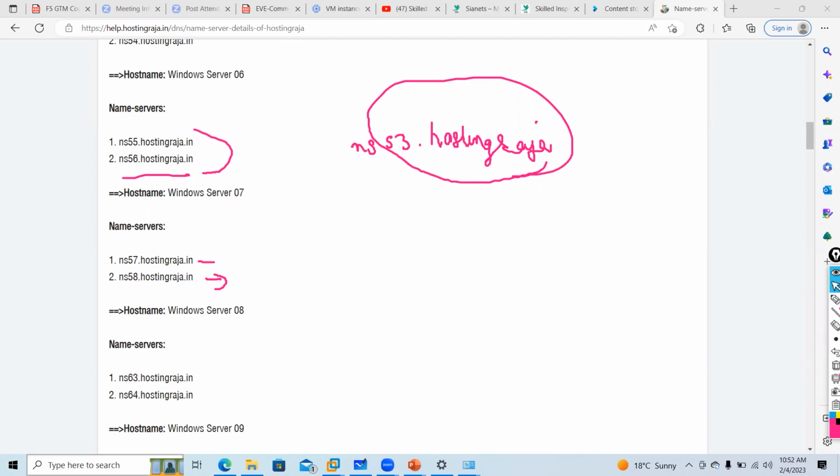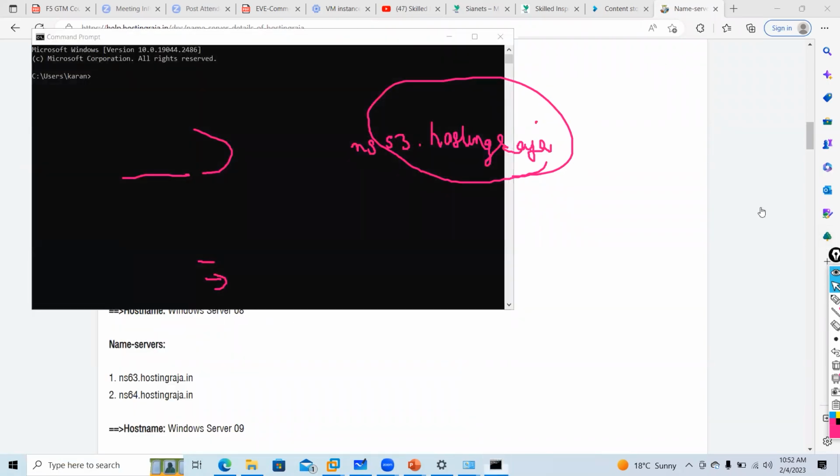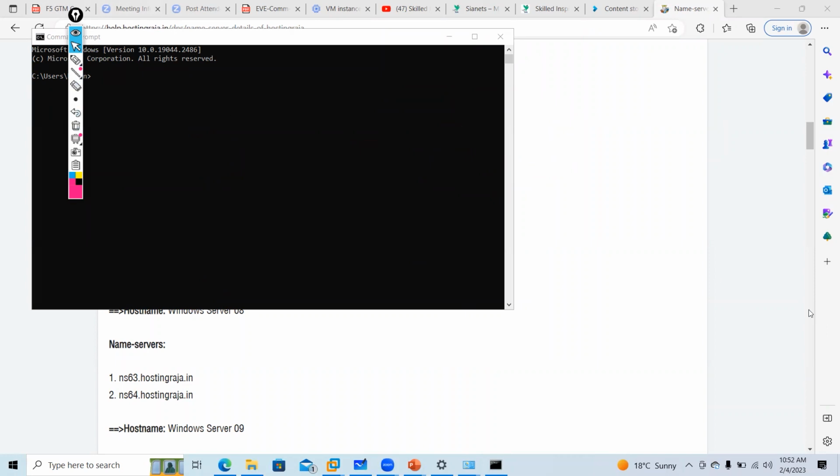So what I will do, I will quickly show you. Go to command prompt. Then you just type nslookup. So this is the command.